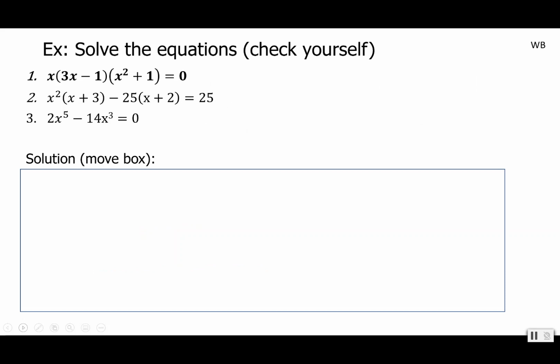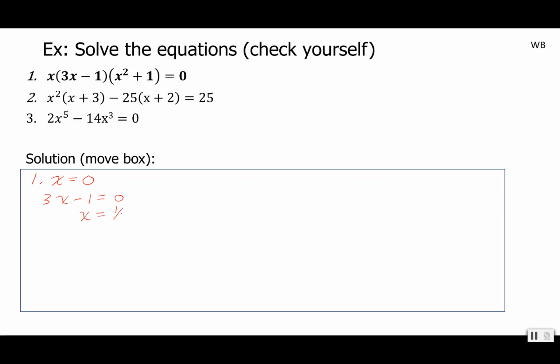So looking at these examples, we're going to look at these problems here. You'll notice that the first one has already been factored. So we can start off by setting each factor equal to 0. We have x is equal to 0, which is already done. We have 3x minus 1 is equal to 0, which if we add 1 and divide by 3, we get